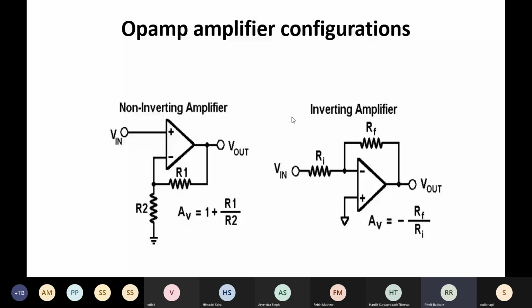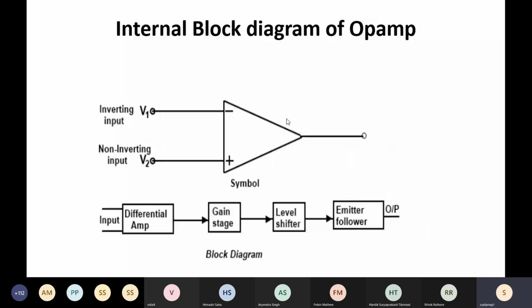So these are two amplifier configurations. One point. Ritvik, previous slide, please. Yes. Go to the, yeah. So here, instead of emitter follower, we'll use source follower because we are using MOSFETs in our TSMC 180 nanometer design. Emitter follower basically came traditionally in the traditional op-amps. They were using BJTs, and that's why the name is here. But we will use source follower instead. Okay, you can continue. Thanks.